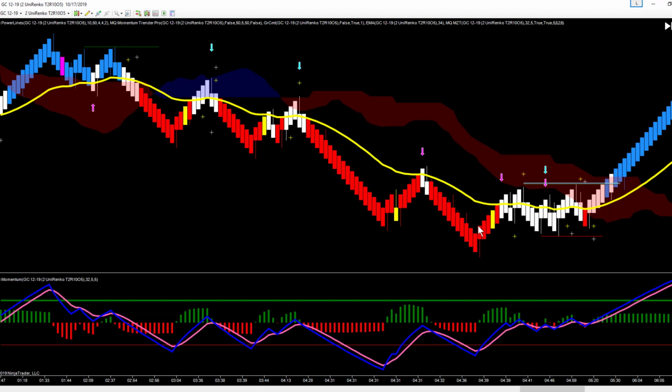Got stopped out again and went into the chop. And we just started chopping sideways, up and down, up and down. We had well-defined support, our power line down here at the bottom. We had well-defined resistance, our power line up here at the top. And this chop had a slight upward bias to it. We were making higher highs and higher lows as we were in the chop, suggesting that the breakout could actually